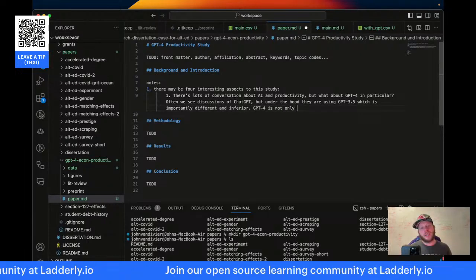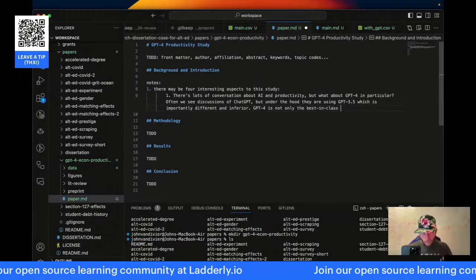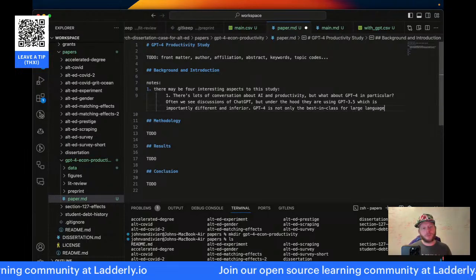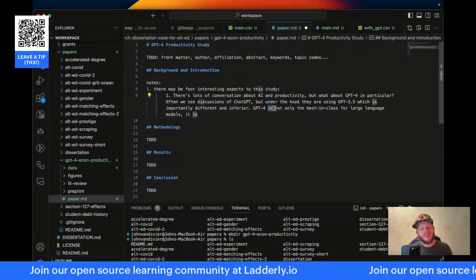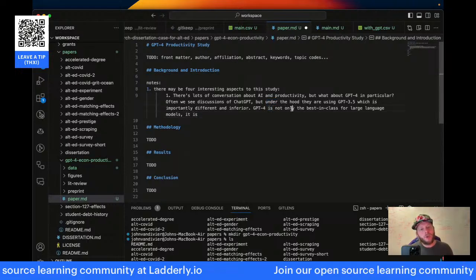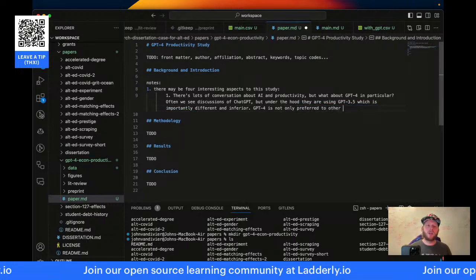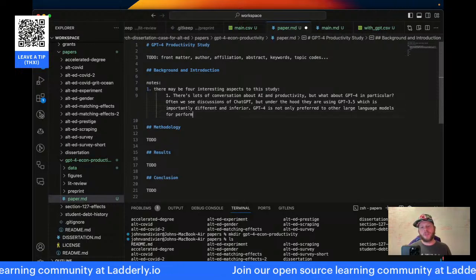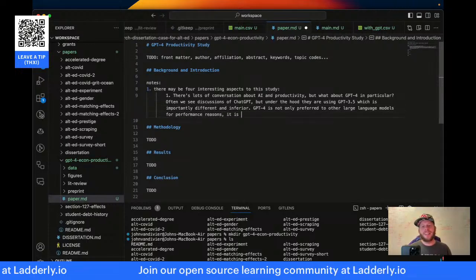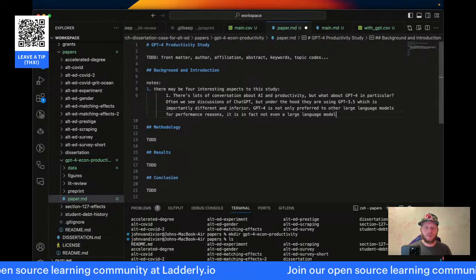GPT-4 is not only the best in class for large language models. GPT-4 is not only preferred to other large language models for performance reasons, it is in fact not even a large language model.